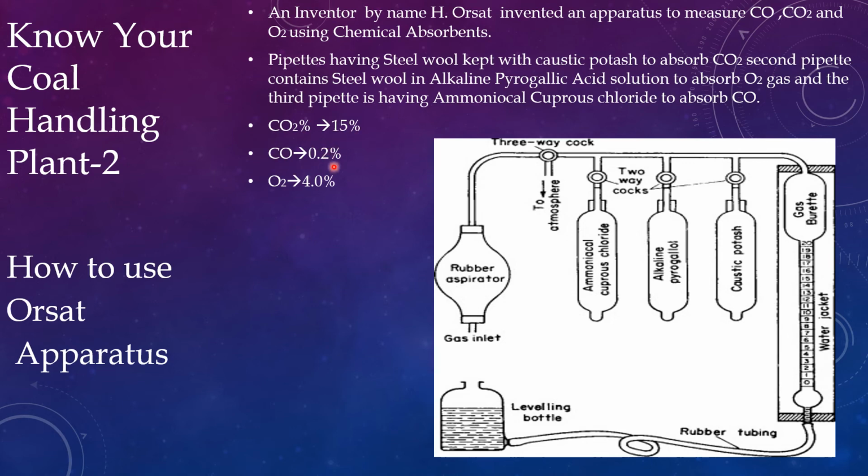and CO is around 0.2, and oxygen is 4% excess. That means very good combustion, complete combustion has taken place. So we can ensure that the boiler is running with coal as the fuel, the excess air is completely used for complete combustion, and there is no clinker formation. CO is also within limit, so we can see the flue gas analysis using the Orsat apparatus,